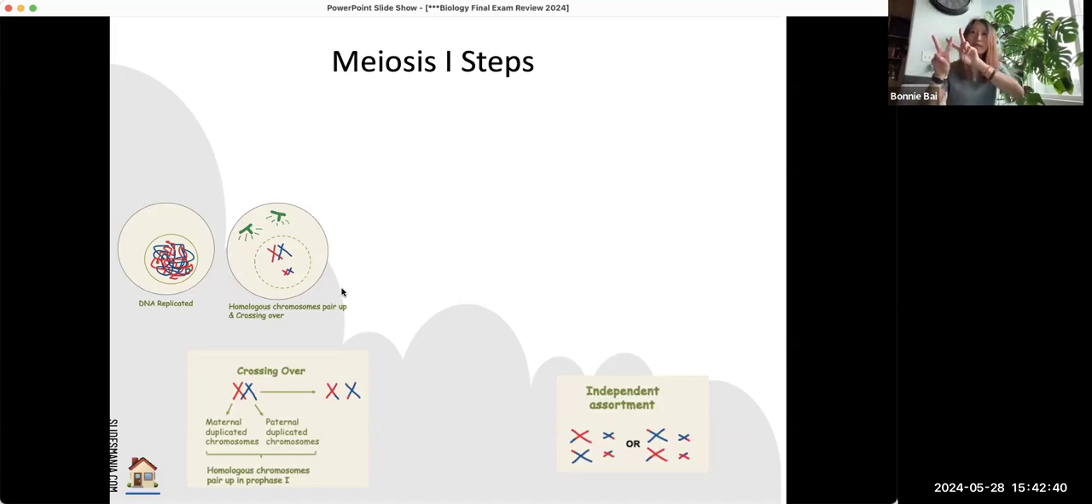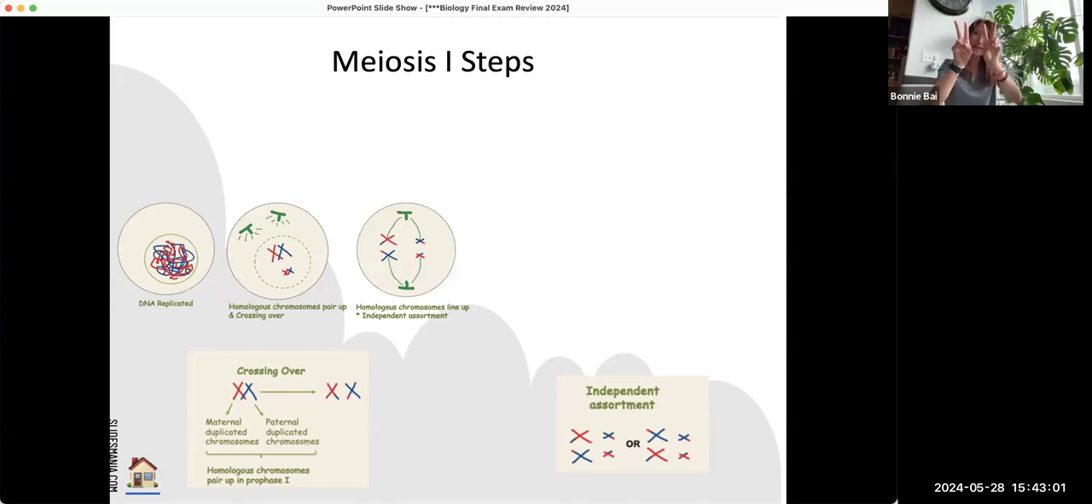So we go meiosis 1, right? So interphase, DNA uncondensed. Prophase 1, DNA condensed, homologous chromosomes pair up. Crossing over takes place. Nuclear envelope breaks down. So there is a whole lot going on over here. And then we have,